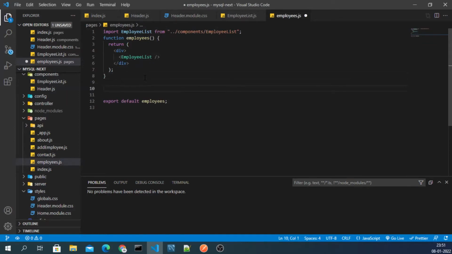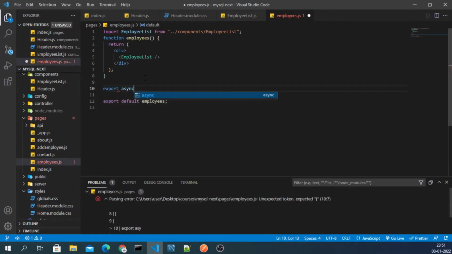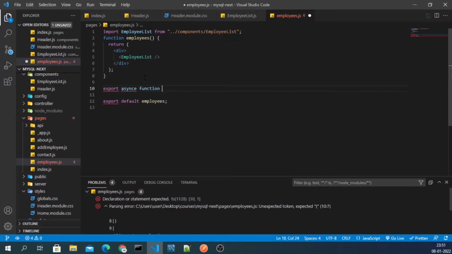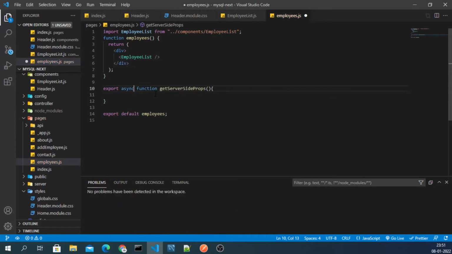For that, I'll export an async function, and inside I will write getServerSideProps. I think I misspelled async. I need to remove the e. Okay, nice.